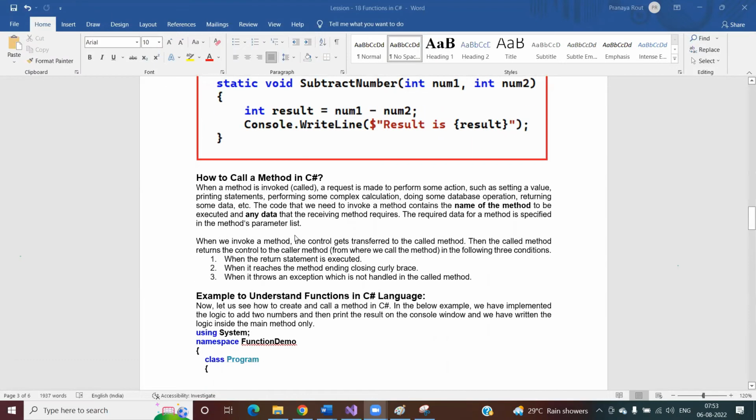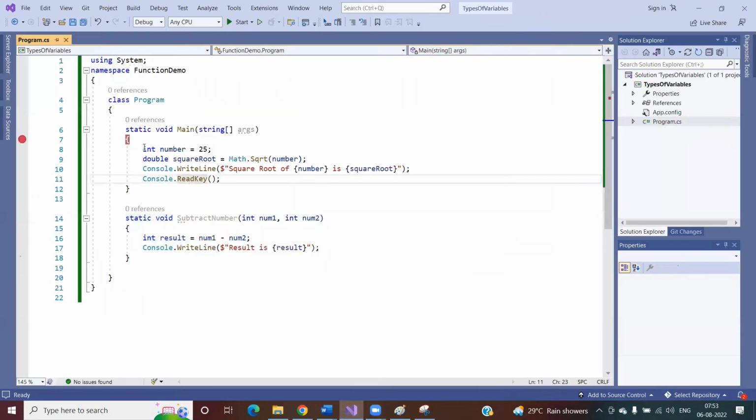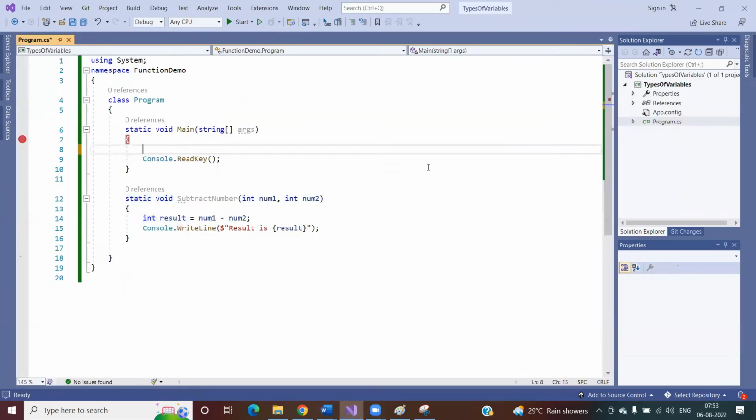So when we invoke a method, the control gets transferred to the called method. So there are two things. One is the called method, another is the calling method. For example, in this case,